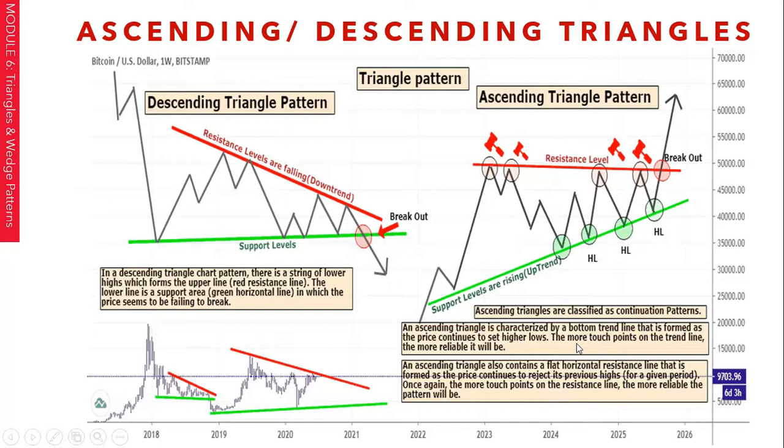An ascending triangle is characterized by a bottom trend line that is formed as the price continues to set higher lows. The more touch points on the trend line, the more reliable. So the more touches on this trend line up, the more it reinforces your idea that price is going up. So even if you just see one touch here, I don't think you need to start thinking you want to buy right now. Because if you start buying here, you'll be caught up in this nonsense, up, down, before the final move,